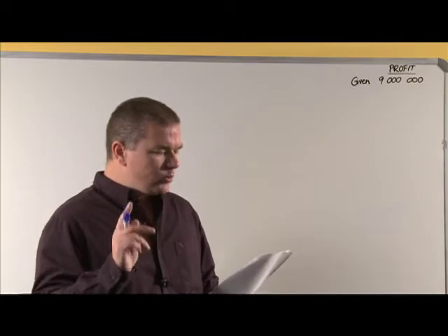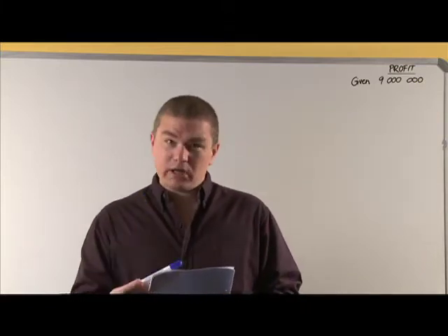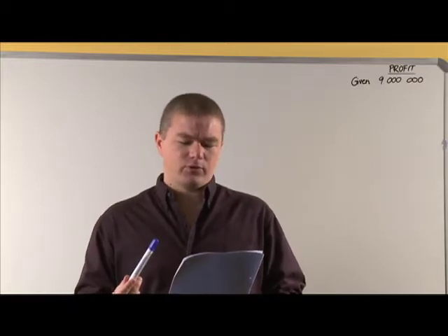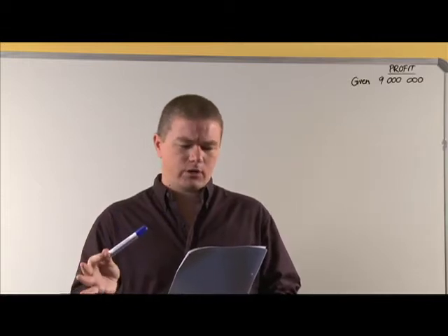So what we've now got to do is look at what information I've been given. I've been given the fact that I've borrowed 10 million rand. It was issued at a discount of 15%. I've got a coupon rate of 9.25%. So I've got N, which is 2, so that's fine.